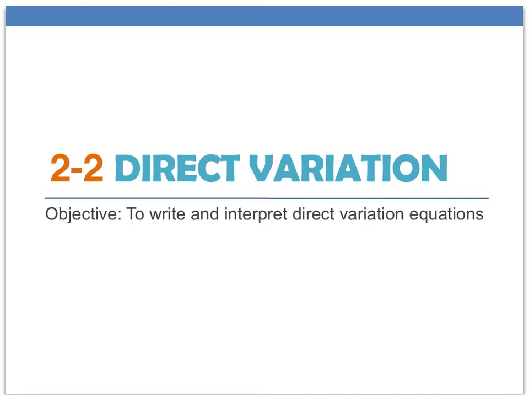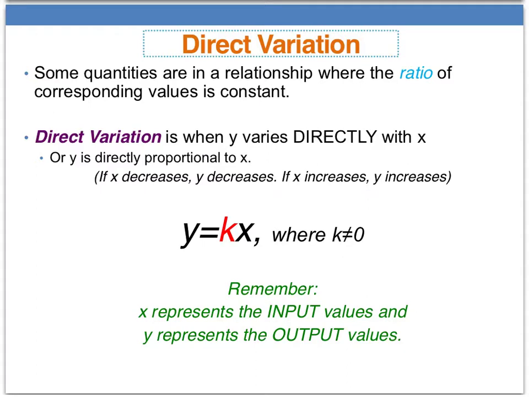Now we're going to look at a new topic called direct variation. Varying directly is exactly what it sounds like. We are going to vary, which means change, but directly, so when one thing changes, everything else changes at the same rate. So some quantities have this relationship, and it's represented by a ratio of the corresponding values that's going to be constant. So this constant here we're going to call k, and it's going to be our constant of